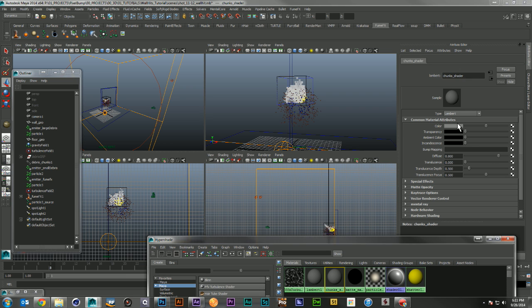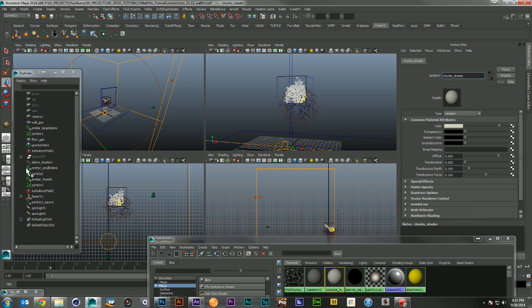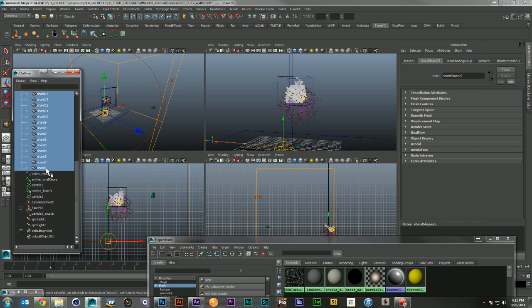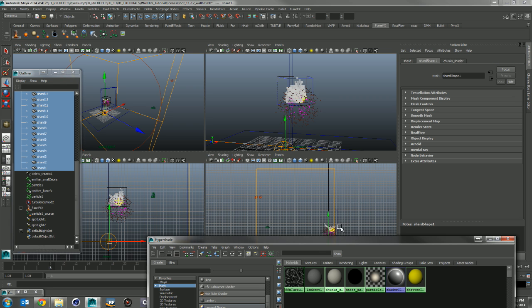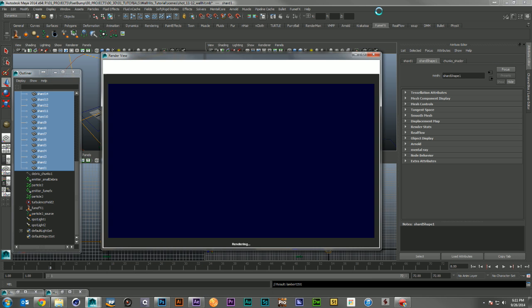And again, same thing, we're going to just want to come in and give it something of an off-white color. Just enough. And then we're going to take all of our shards here from that sphere. We'll right-click and assign the materials. Now if we take a look at our render,